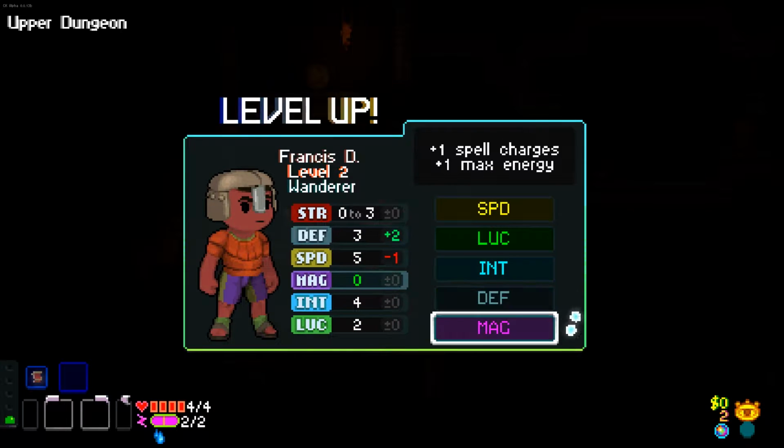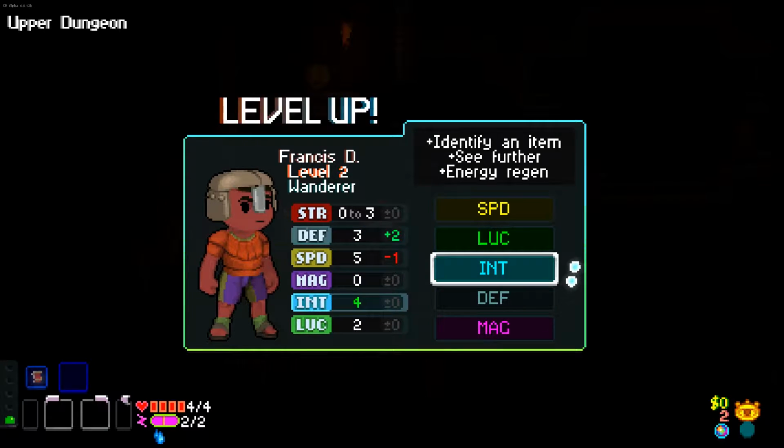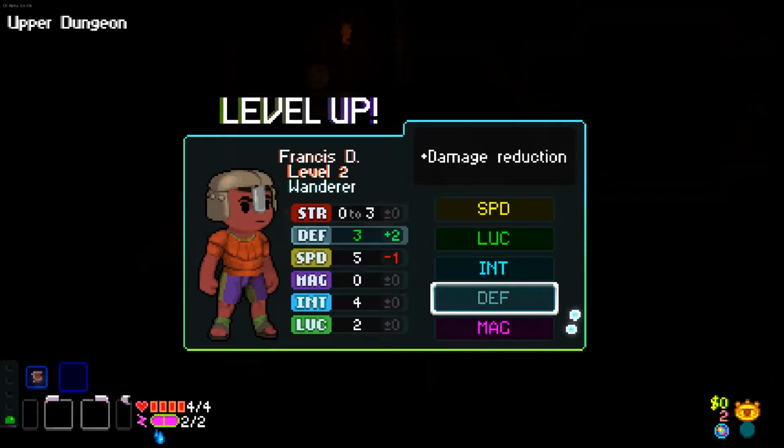I feel like I wanted to level up strength, but that's not really possible. Perhaps magic? Maybe we'll go for a bit of a magic user, though our magic's really not high. So, what does this do? Intelligence: identifying items, see further, energy regen, which perhaps ties into identifying potions. And we're actually quite intelligent, though. I quite fancy...